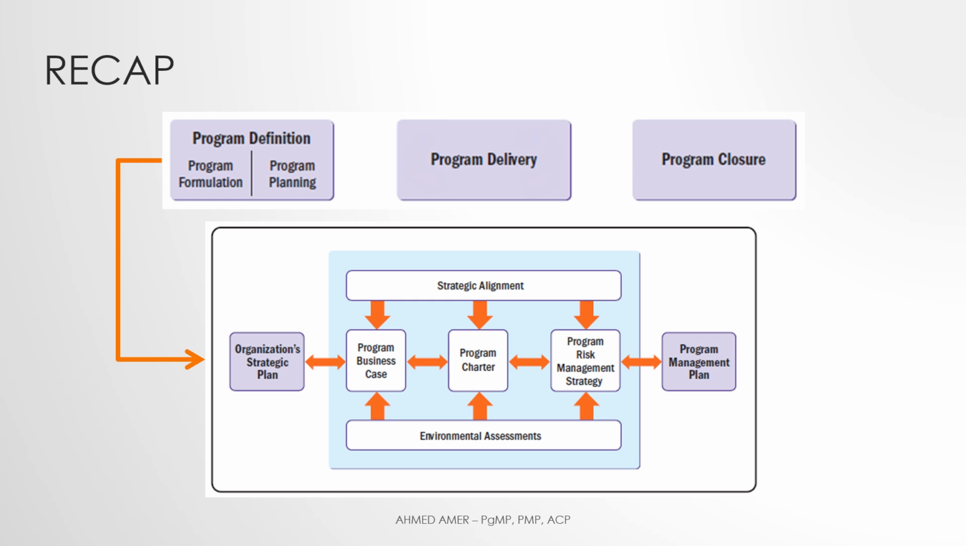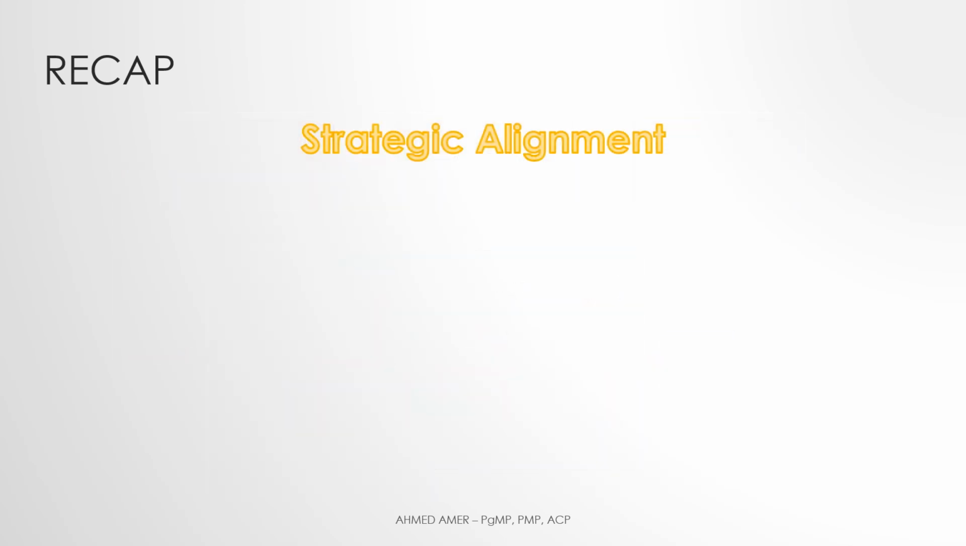Strategic alignment is initiated during the program definition phase with the development of the business case, program charter, and program management plan, and is supported with inputs from environmental assessments and program risk management strategy. The strategic alignment performance domain promotes a structured approach to blend the project and program management performance domains to enable the program to achieve and optimize its full